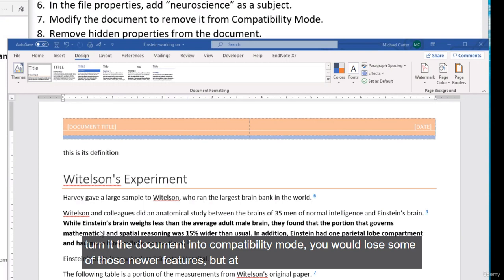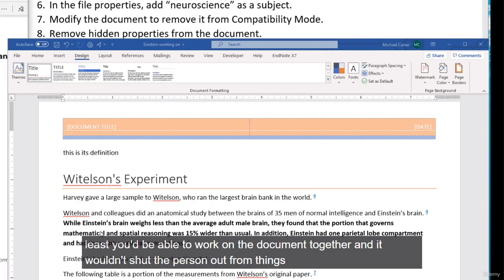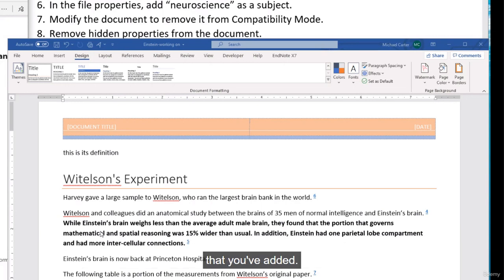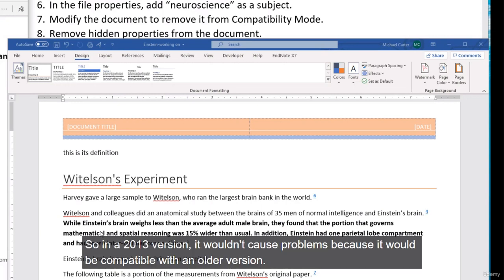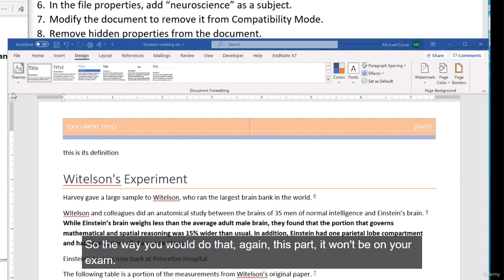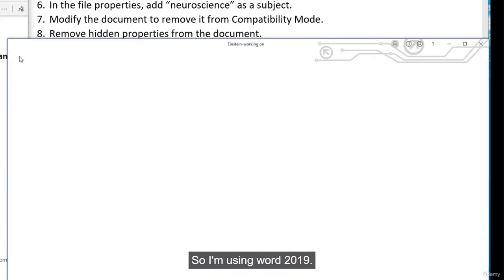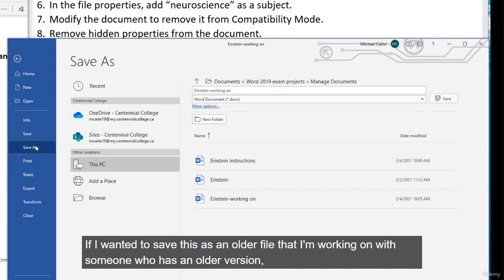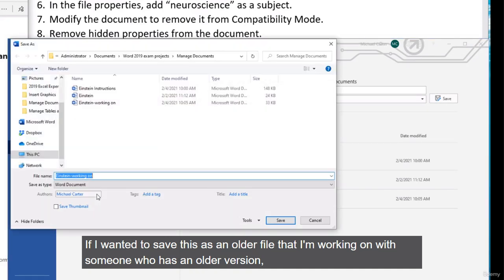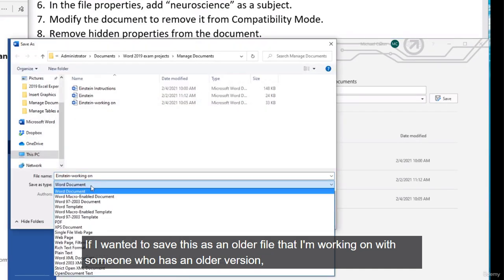You would lose some of those newer features, but at least you'd be able to work on the document together, and it wouldn't shut the person out from things that you've added. So in the 2019 version, it wouldn't cause problems because it would be compatible with an older version. The way you would do that, again, this part won't be on your exam, but I just wanted to show you behind the scenes how you would turn something into compatibility mode. So I'm using Word 2019. If I wanted to save this as an older file that I'm working on with someone who has an older version,